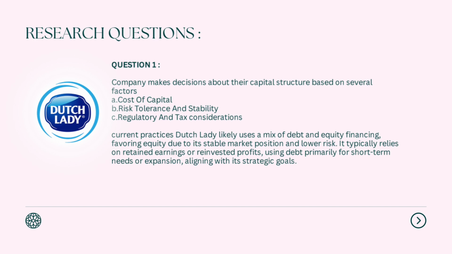Companies make decisions about their capital structure based on several factors: cost of capital, risk tolerance and stability, and also regulatory and tax consideration. For the current practices, Dutch Lady likely employs a mix of debt and equity, possibly leaning towards equity due to its stable market position and lower risk. It would typically rely on retained earnings or investment profits and debt financing for short-term needs or expansion, aligning with